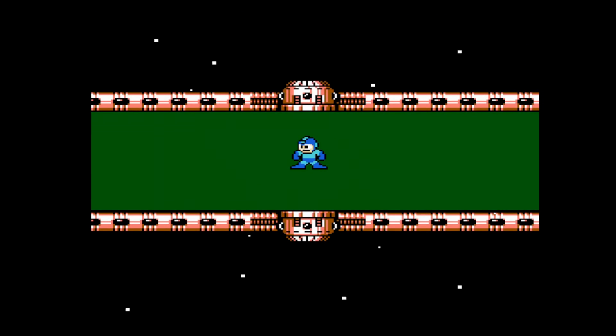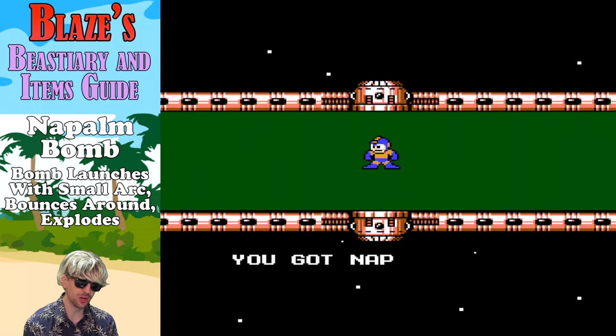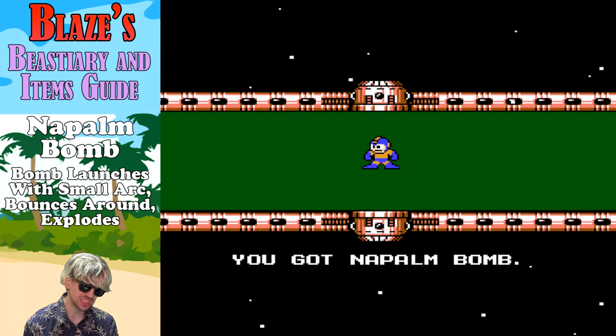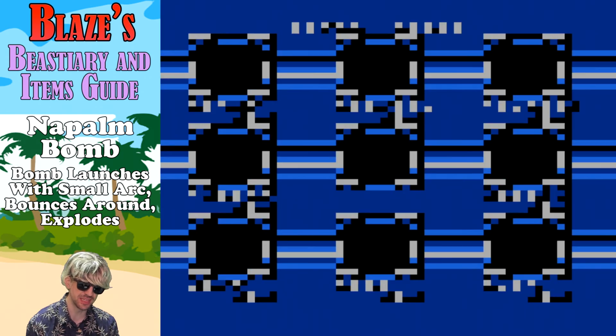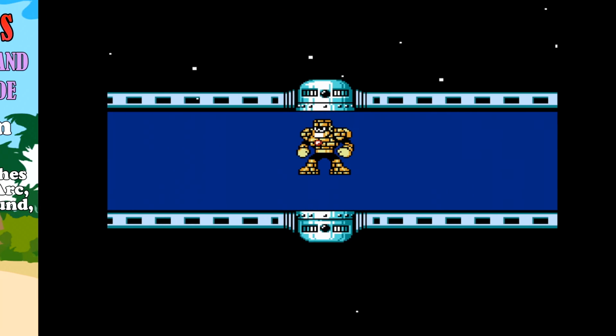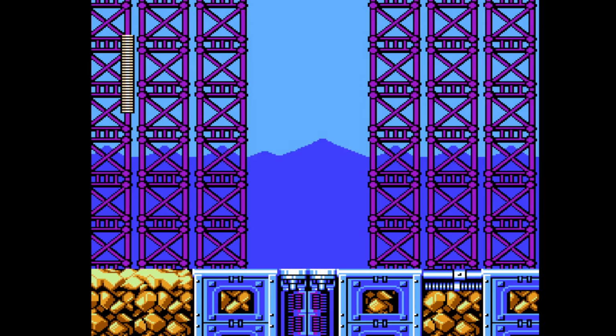Anyway, got our next weapon, and actually in the context of our inventory, it's not the best name. Blaze? Alright, the unfortunately titled N-Bomb stands for Napalm Bomb. This creates a small arc of a bomb, bounces around a little bit till it finds its target or just explodes, but there you go, the Napalm Bomb. I like those colors of the Napalm Bomb. It's kind of Ram's colors, but